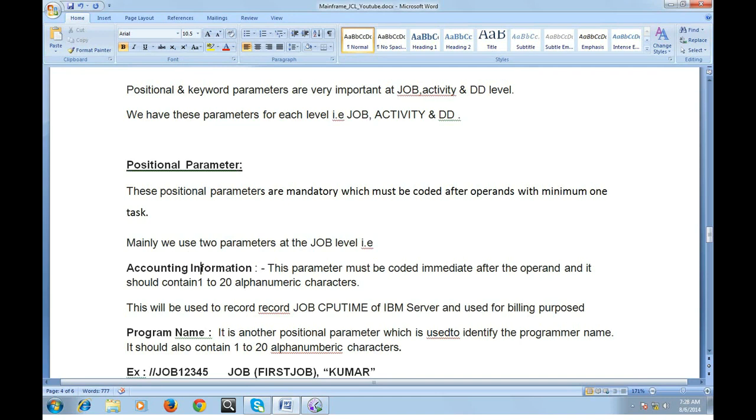This parameter must be coded immediately after the operand and it should contain 1 to 20 alphanumeric characters. This is mainly used for billing purposes. I can say this will be used to record the job CPU time on the IBM server and used for billing purposes.